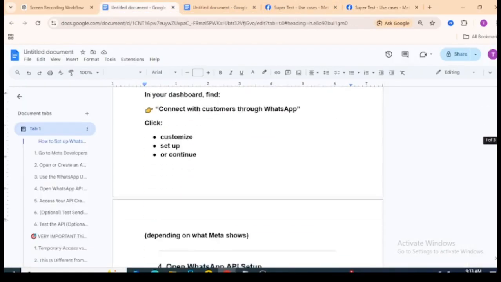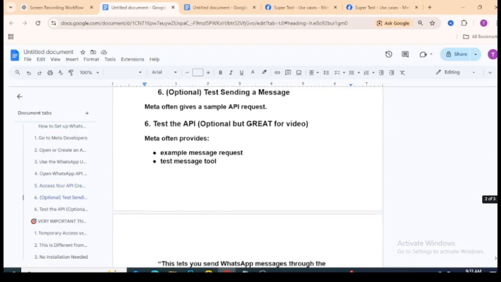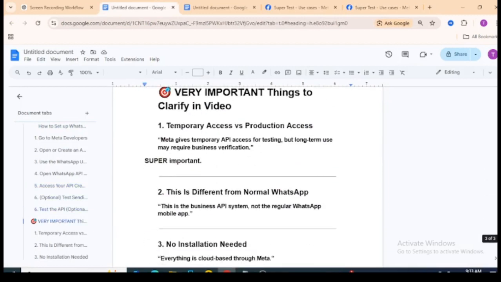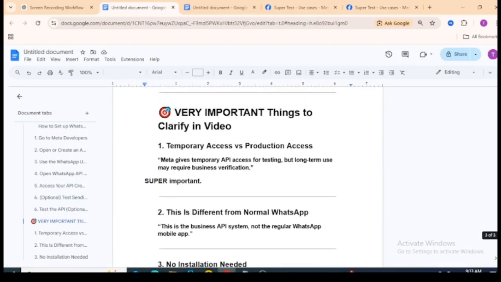Now there are a few things we need to know. I've actually shown you how to set everything up. That's actually it, but there are a few things I need to clarify in this video. One is the fact that there's a difference between temporary access and production access. What does that mean in practice? Meta gives you temporary API access for testing, but for long-term use, they might require a business